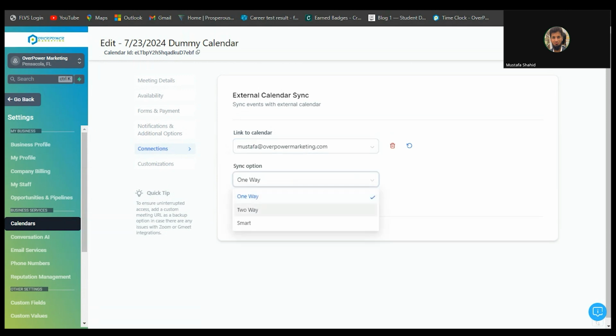And now within the options, you have the one-way sync and the two-way sync. What the one-way sync does is whenever an appointment has been booked on the dummy calendar, it will also mark that same time slot off on the main calendar, which was Mustafa at overpowermarketing.com. But if you select two-way,